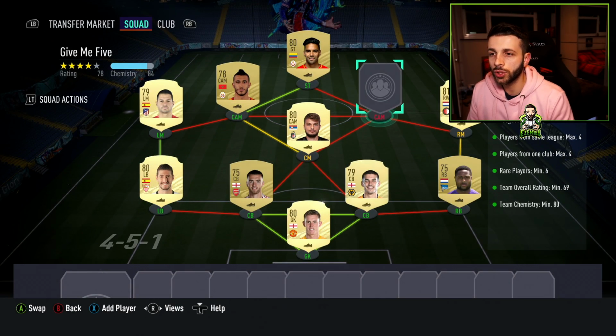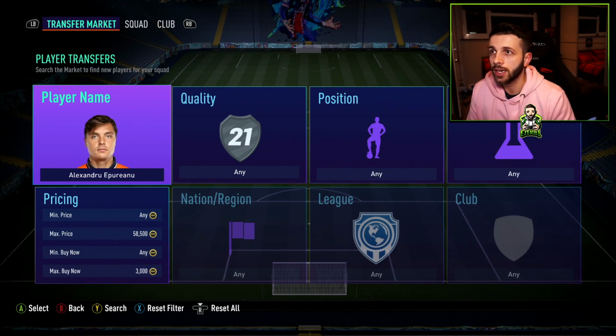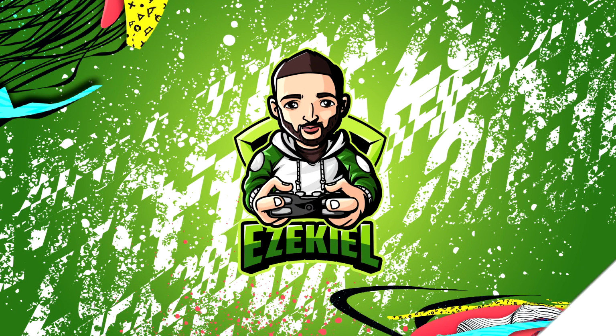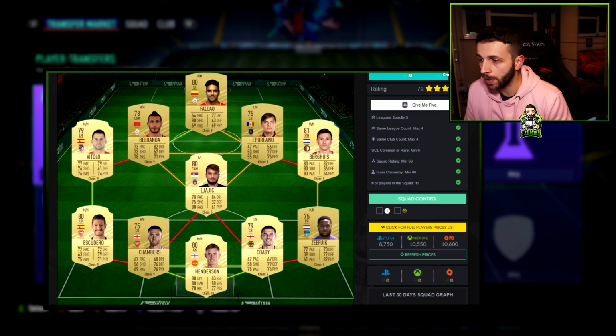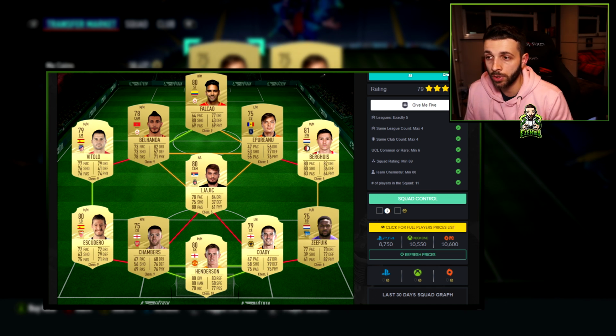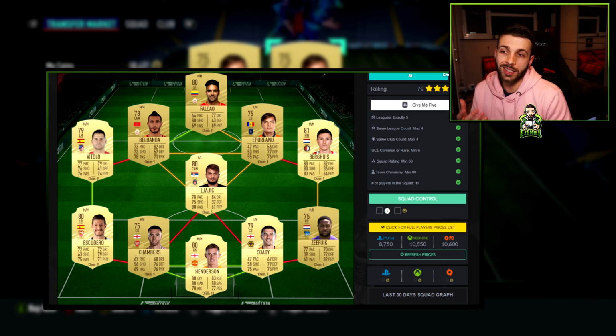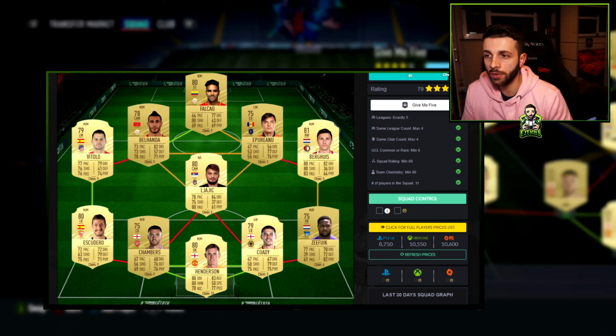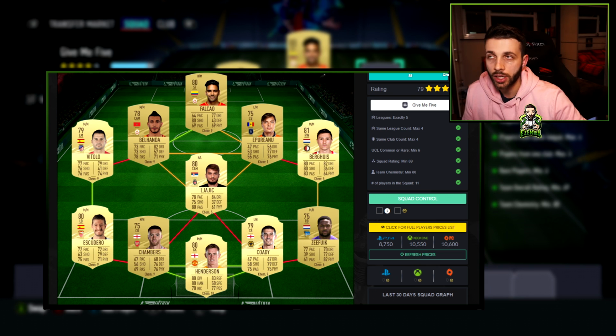But when it comes to this CAM position, I'm actually going to show you. I'm going to put it up on the screen right now. There's actually a centre back called, how do you pronounce the name? Epu Renew, I don't know how you say his name. If we search for him on the market, one for 2,600, one for 3,000. This is clearly price fixing. So the way to avoid this first and foremost is to actually search